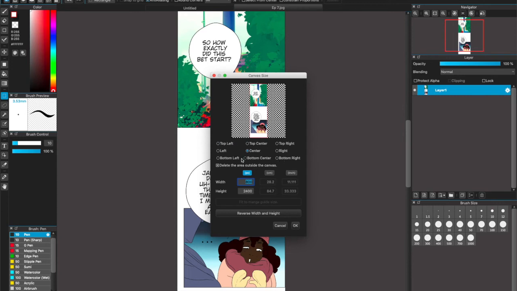Now this looks like the reference points. If this is what I think it is, and these reference points work like they did in Clip Studio Paint, I'm going to just fangirl. Hold on. I'm going to click top center like I did before. We're going to change it to